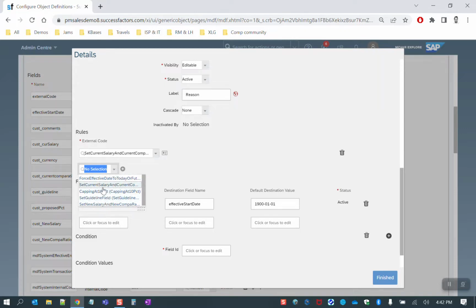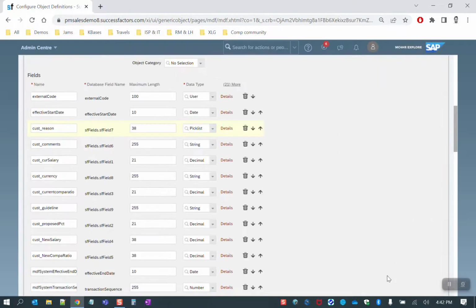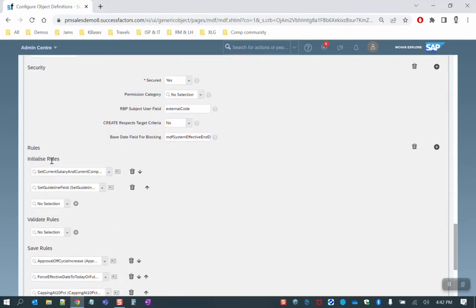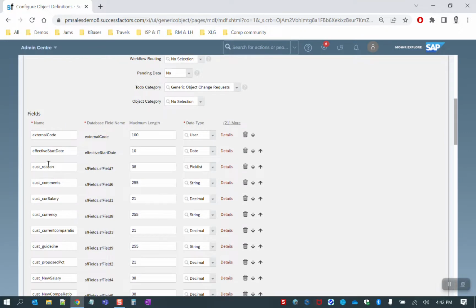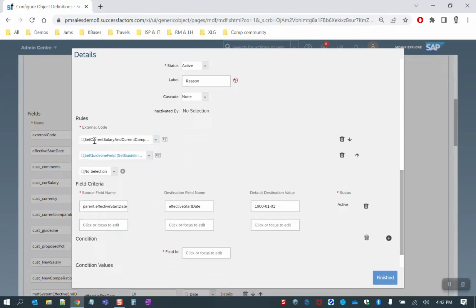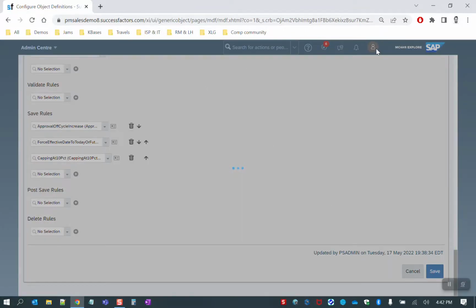So here, set guideline field. Yeah, finished. So we had to add it also on top of the bottom here in initialize rules, also add it on the reason, custom reason here. And I just realized that the custom reasons also had this rule to set current salary and current comp ratio, which I forgot to explain earlier. So the one at the bottom is important, but this one is the one that triggers the population of these values upon selection of a reason, which is a mandatory field. So if I do save here and I go back as Allison,